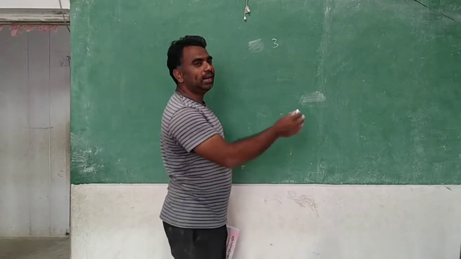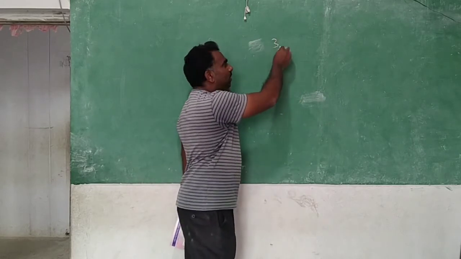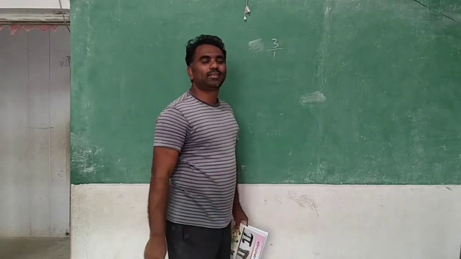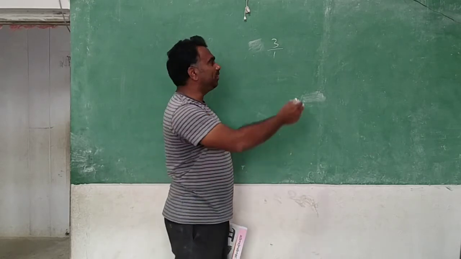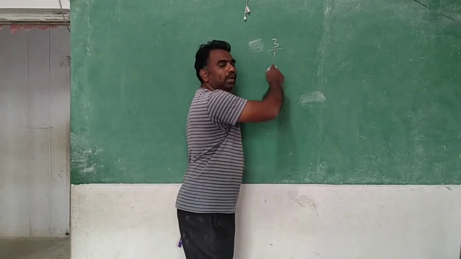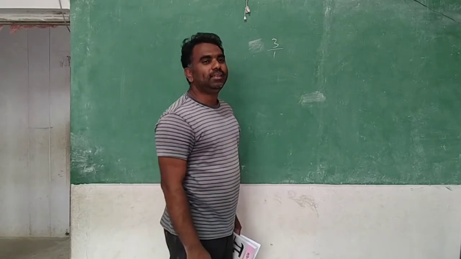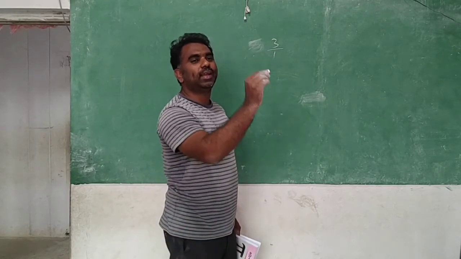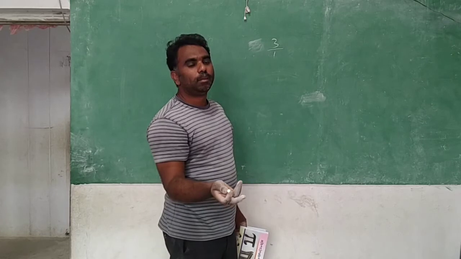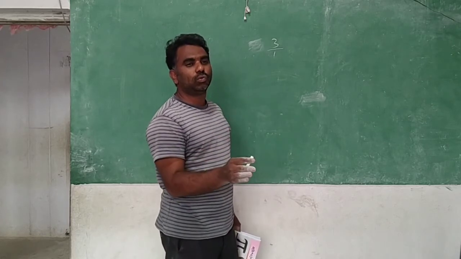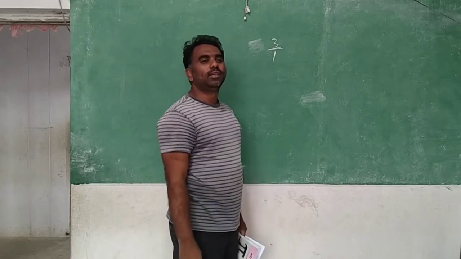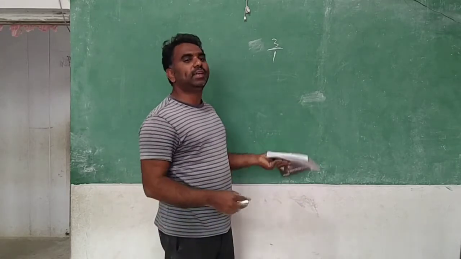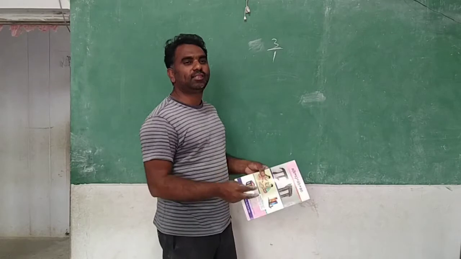So how do you write it? Already it is p. We will write by 1. So 3 by 1. So this is the form of p by q. If you take integers by 1, that becomes a fraction. By 0 should not be taken, I already said that. So if you take by 1, it becomes a fraction. Okay, like that take 5 integers and convert them into fractions, he is saying, very easy.